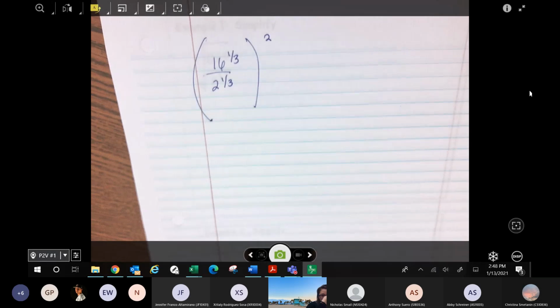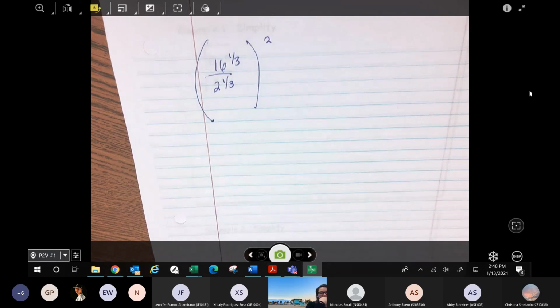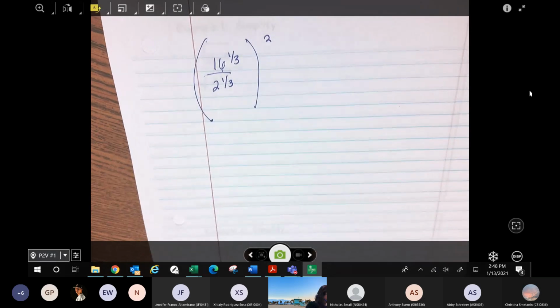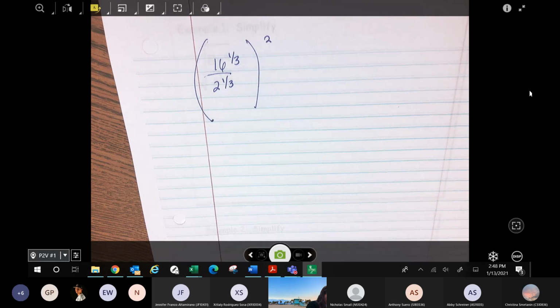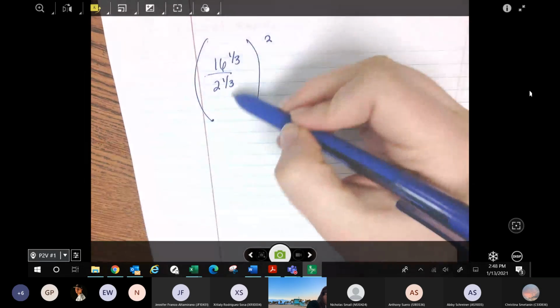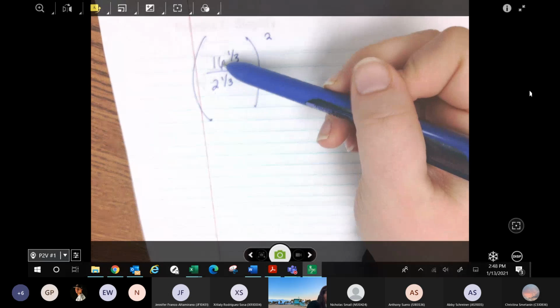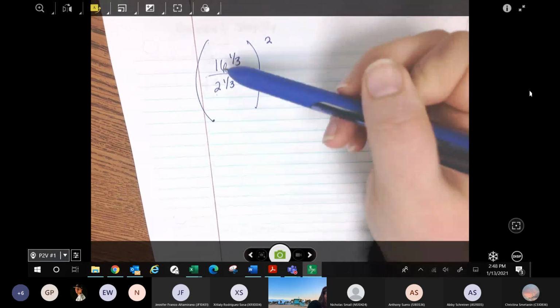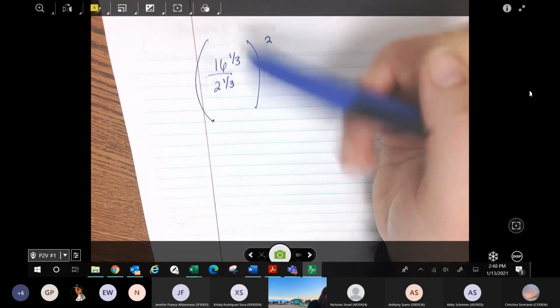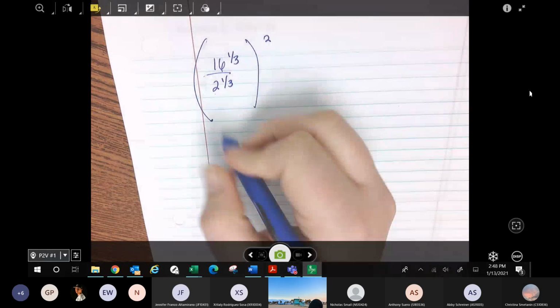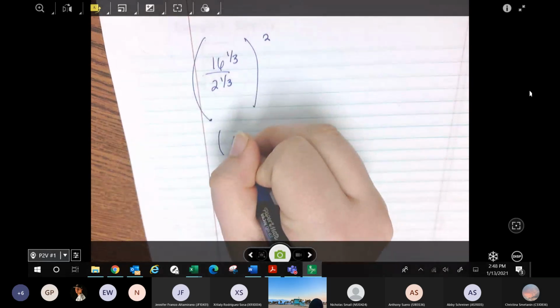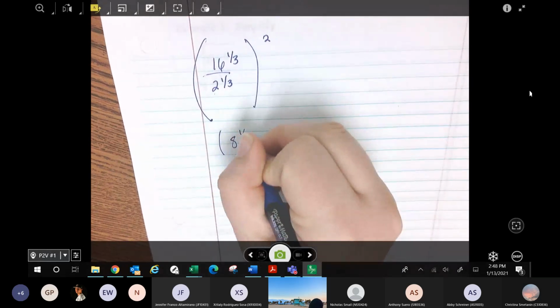Again, I am recording this, so you can always go back and watch this recording. When your exponents are the same, you can go ahead and do the math. You can do 16 divided by 2. What is 16 divided by 2? Well, that's going to give you 8. So this is going to be 8 to the 1/3